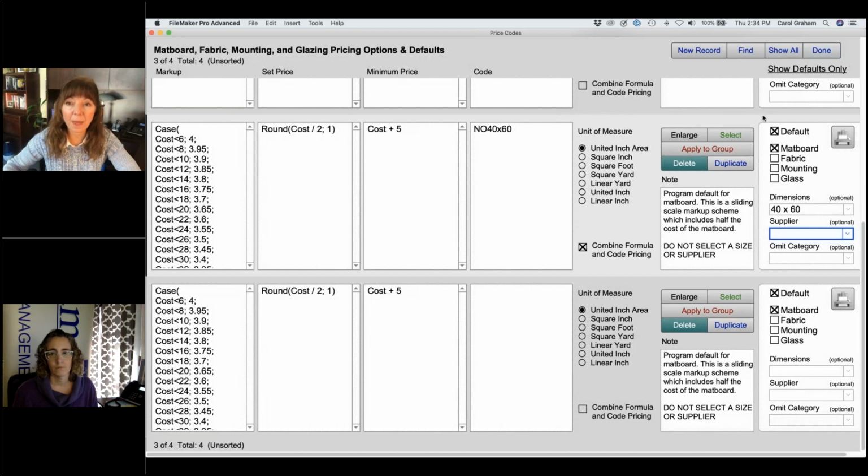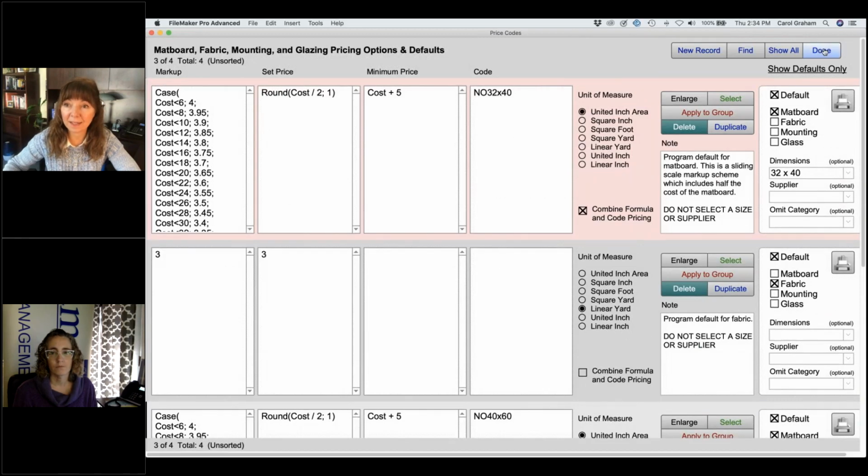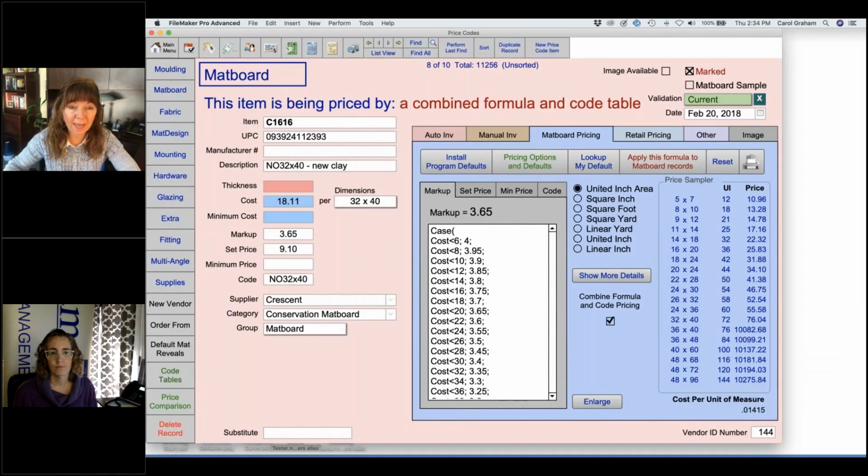I'm going to go back up. The other thing is that once you've created this, make sure you apply it. And if you are applying it, do the generic one first, the one that's applied to everybody first, and then you can do the ones that are applied by the dimensions or by the specific supplier. Okay, clicking the Done button,